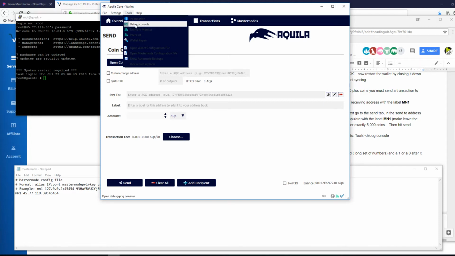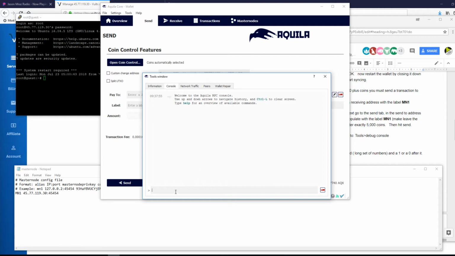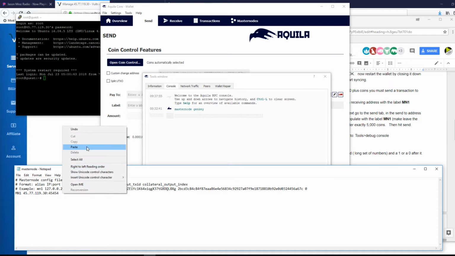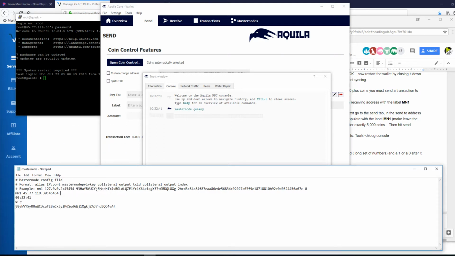So again, I go into the debug console, and now what I'm going to do is ask it to generate a Masternode private key. So I just hit masternode genkey, and then it gives me this code right here. So I copy and paste that, and I know the colors on our wallet are not quite right, but we will be changing that very soon. And notice it gave me all this extra code because of that. So you want to delete that, get it back to the key. You just want one space in between here, and then after that